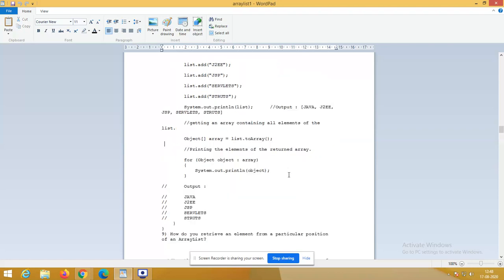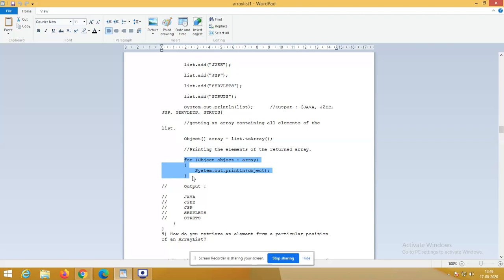After converting into array, I am using the for each loop. Because it's an object array, instead of using a normal index variable, I am using this obj as the class variable. Object, again, is the object of Object. I have taken obj for the class Object, and I am iterating through the corresponding array and printing those values.